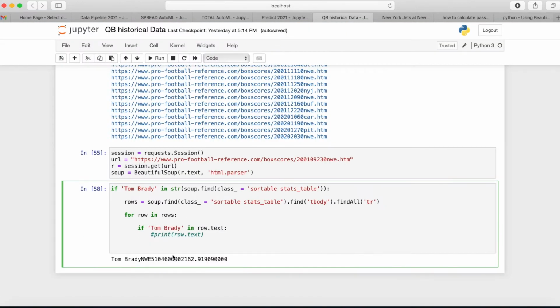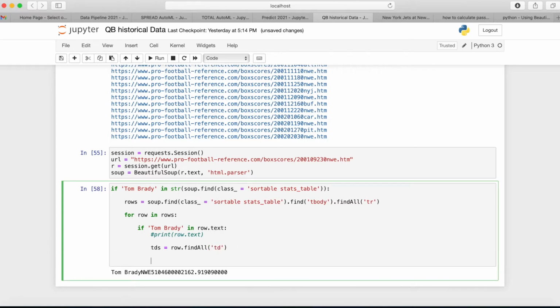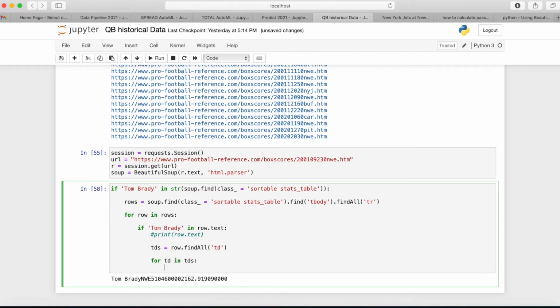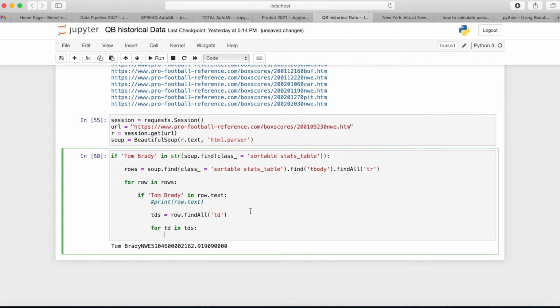So within that row, within that TR, the first thing we're going to do is look at all the TDs. We're going to call these TDs equals row.find_all TD. And now we're going to iterate again. So we're going to say for TD in TDs, we're going to look at each individual thing. We're going to say print